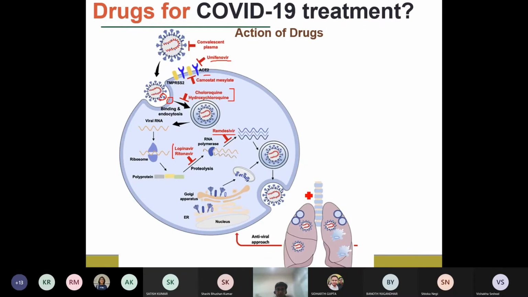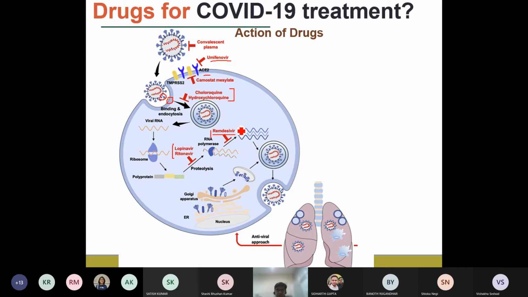Okay, so this is what we studied, and then we studied the different drugs. We talked about 3 to 4 drugs, like remdesivir, which probably everyone has heard of by now. Remdesivir is used for the prevention of RNA replication. So we have seen the different stages at which the virus infects the cell.